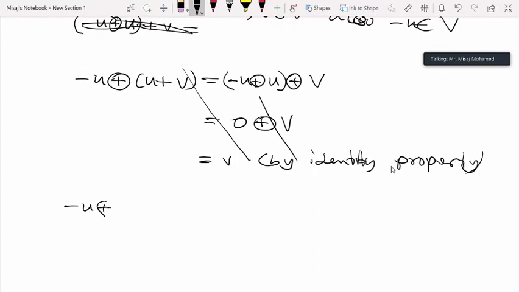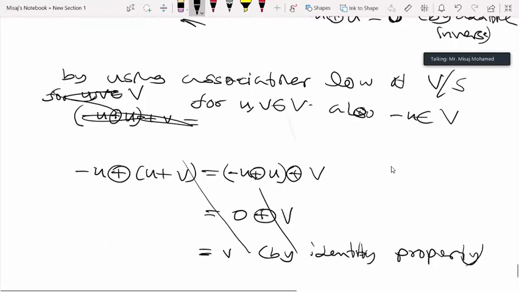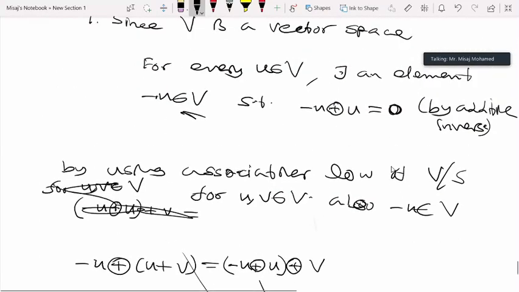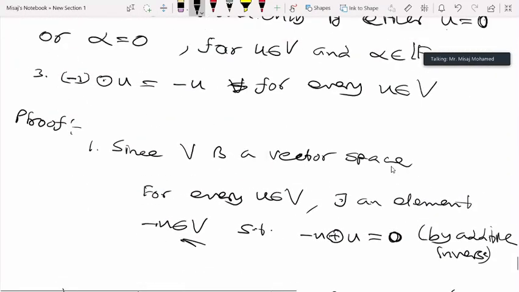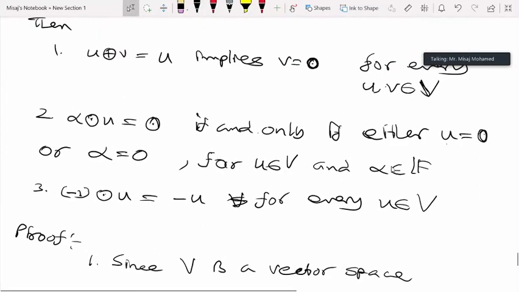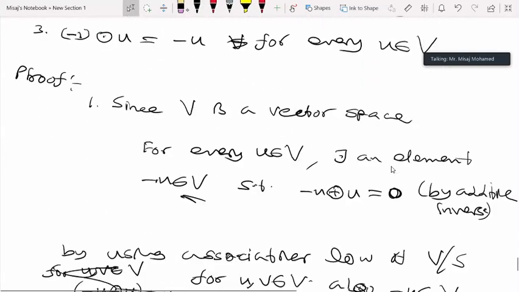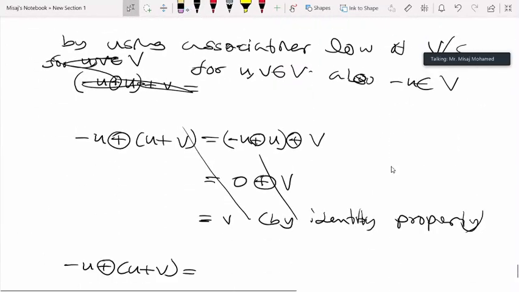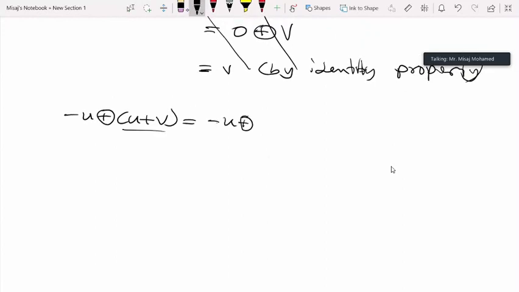Minus u plus v. By hypothesis, given that if u plus v is equal to u implies v is equal to 0. Since this is u plus v, we can put u plus v. This is minus u plus